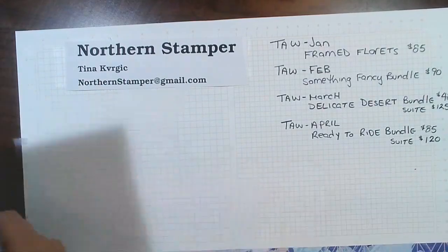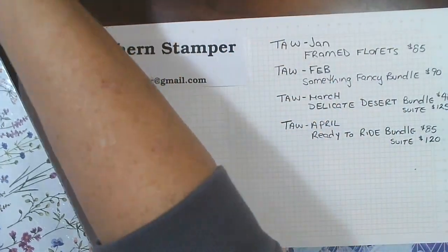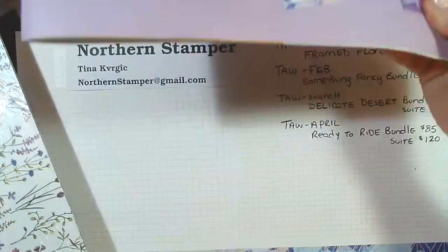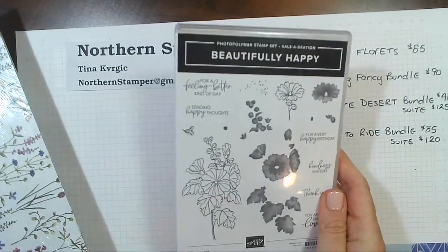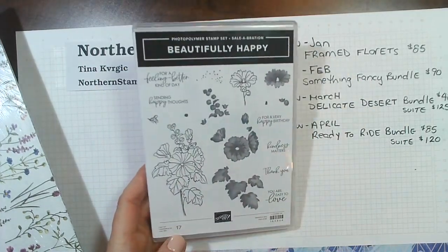Okay, now on to some of the celebration items. So those are all the items in the mini catalog that you can look forward to. Now, with January coming is celebration, so when you spend either $60 or $120, you can choose any of the